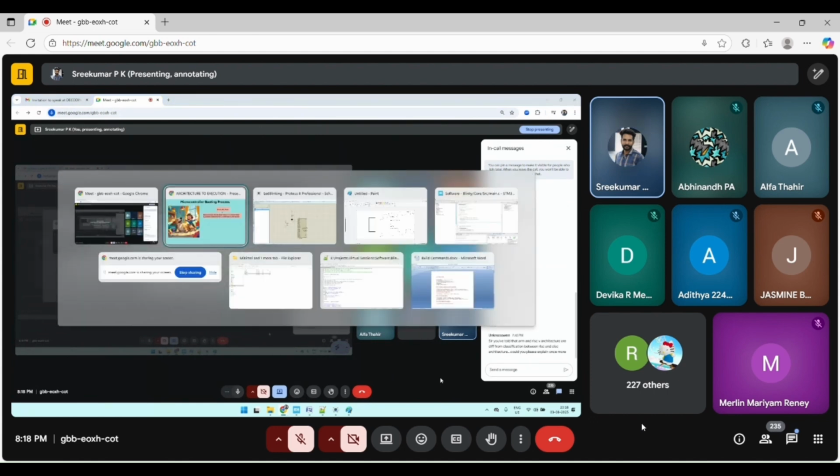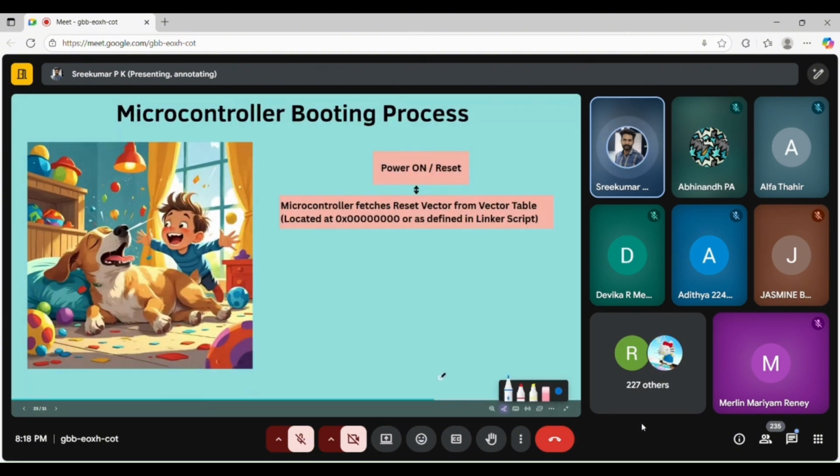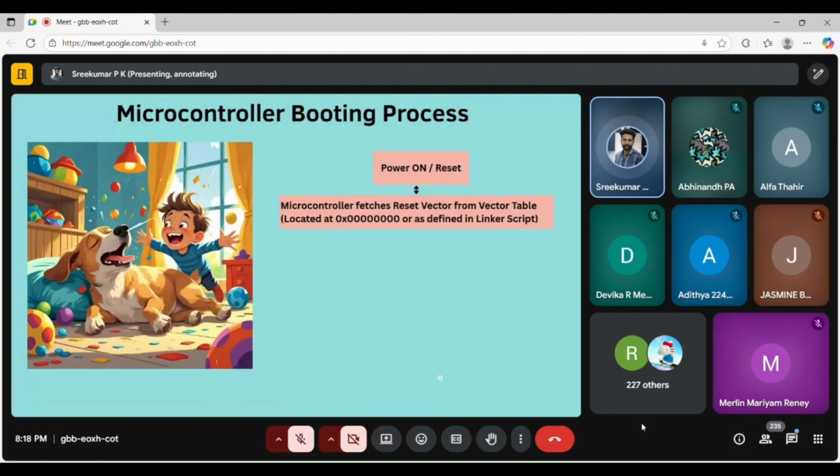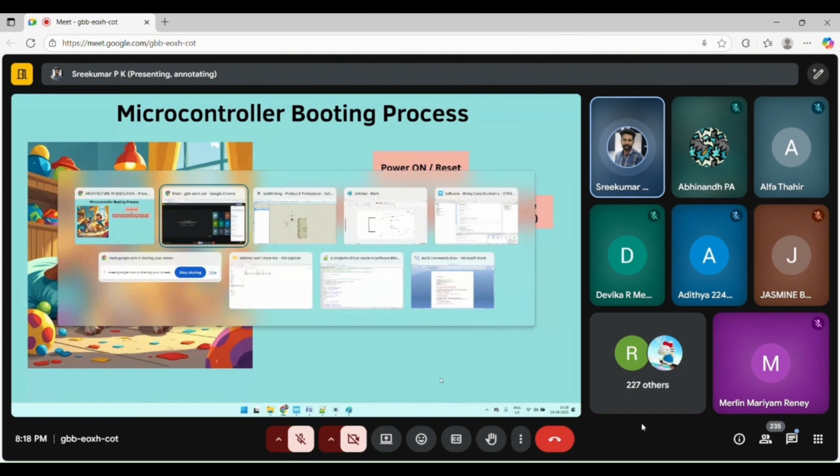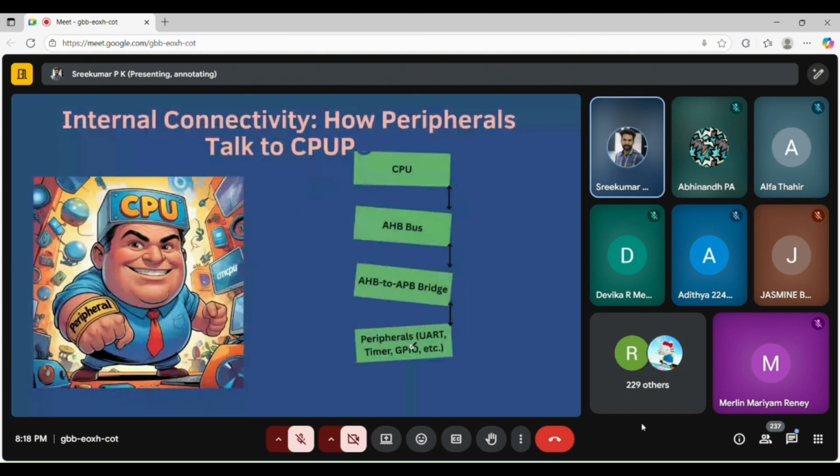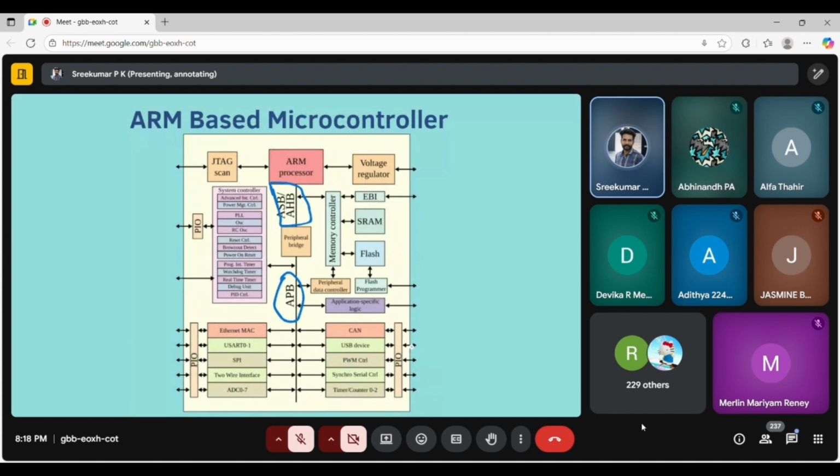Okay, so what happens? I'm continuing the booting process of the microcontroller. When someone powers on the microcontroller, inside it there is one particular circuit called the reset circuit. You can see here, reset control. This is the ARM-based microcontroller architecture figure.